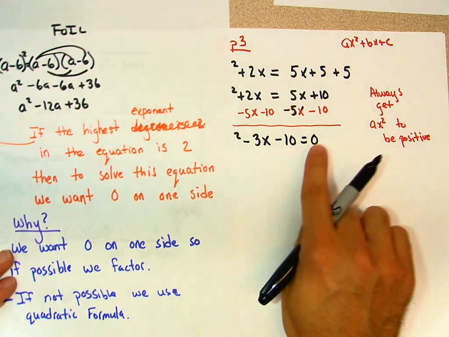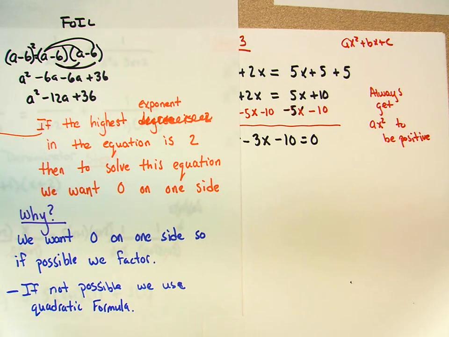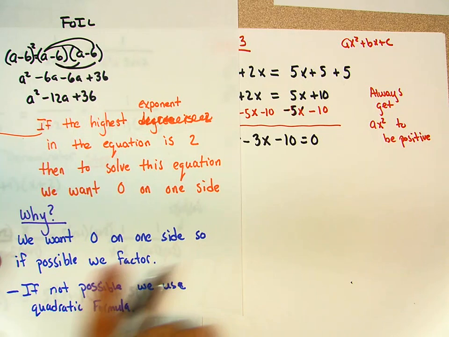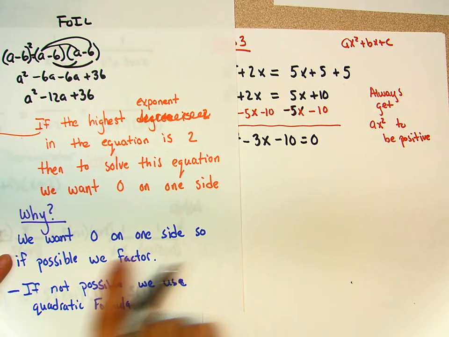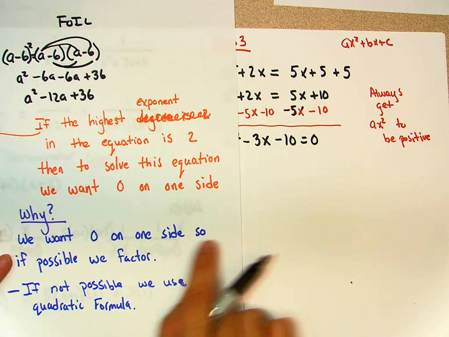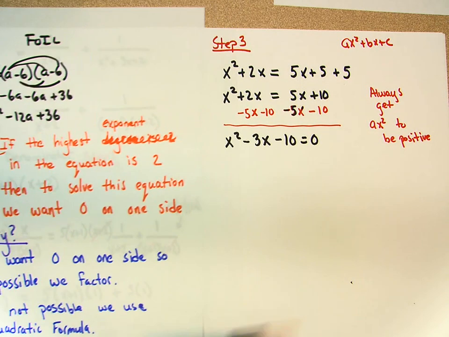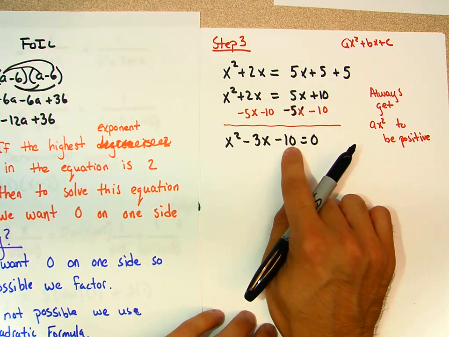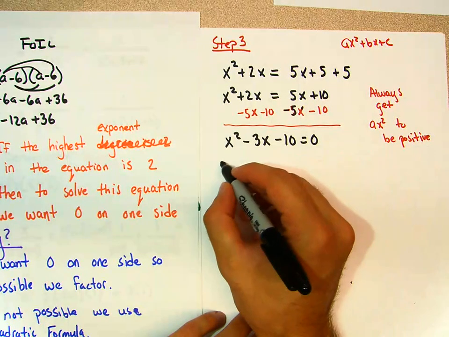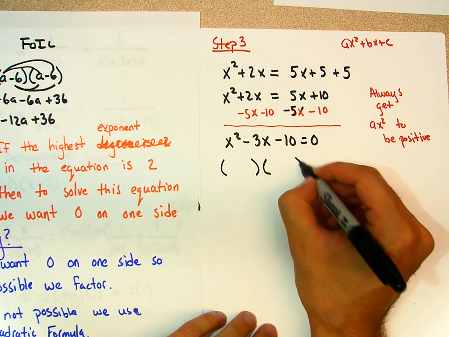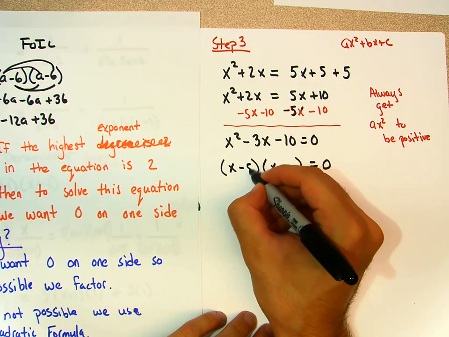And now, why do you want 0 on one side? I don't know how many times I have to say this to you guys. But if you want 0, so we can factor. We want 0 on one side if possible, so if possible, we factor. If it's not possible, we use the quadratic formula. Here, are there two numbers that when you multiply give you negative 10, but when you add give you negative 3? Pause the video and try to do it, but it should just be